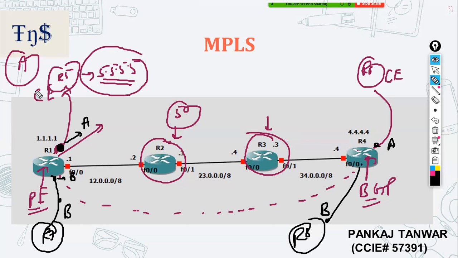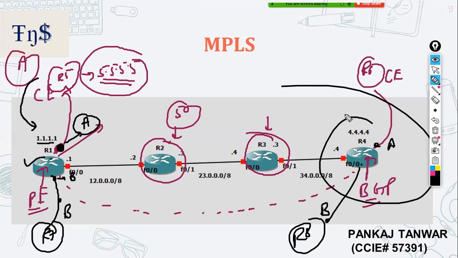So all the routes that R5 will advertise to R1, R1 will receive in VRF A, and using the MPLS VPN, there will be neighborship between R1 and R4. So R1 will advertise all the routes to R4 via IBGP, and these transit devices or routers will not be having any information for these particular routes. They will just switch the traffic based upon labels only. Okay, so that is why MPLS is more scalable, and